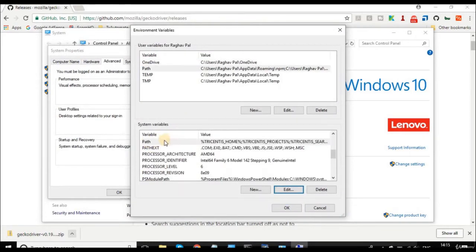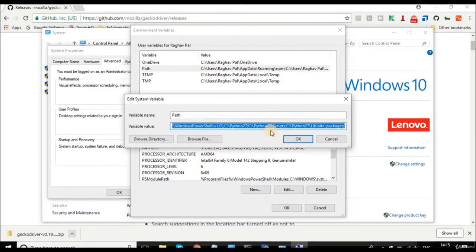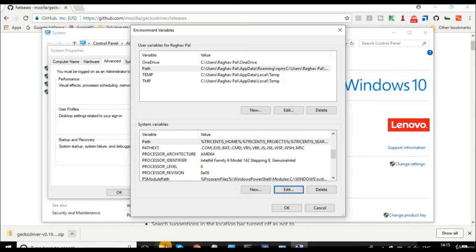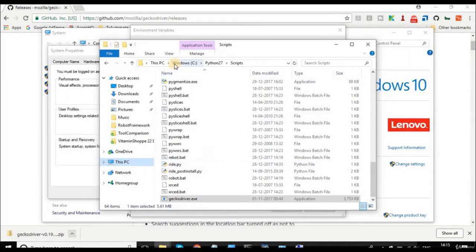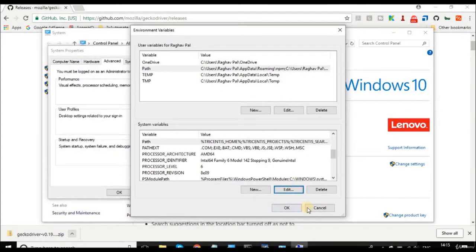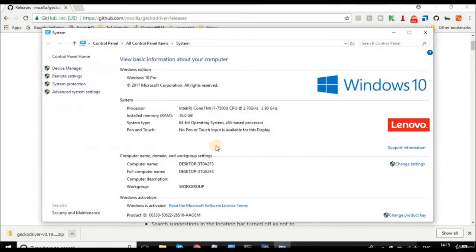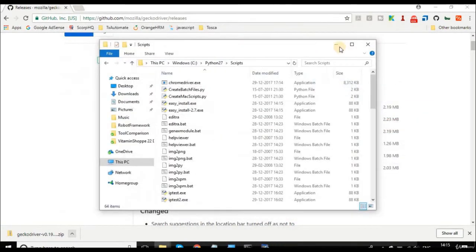If I click edit, you can see this Python 27 scripts folder is added to my environment variable path, and because of this, everything inside this folder, C Python 27 scripts, is available across my system. So now I do not have to set the path for Gecko driver in my coding or in my robot framework. I will just go to my robot framework,